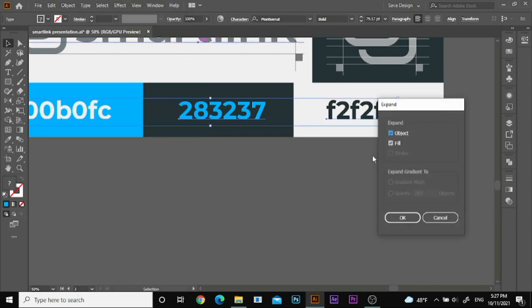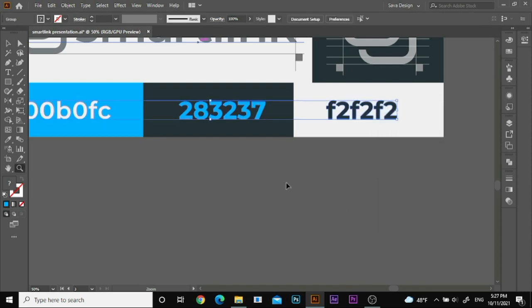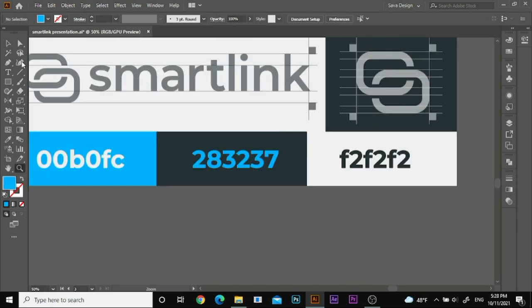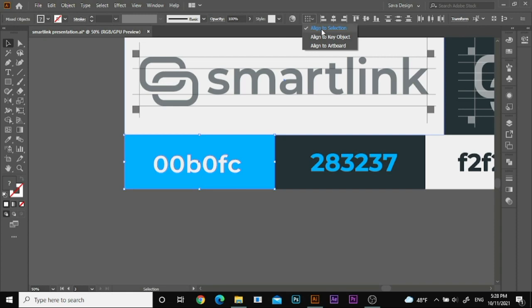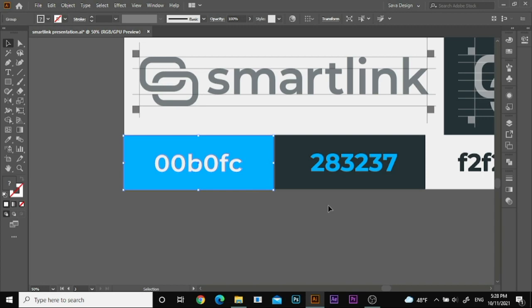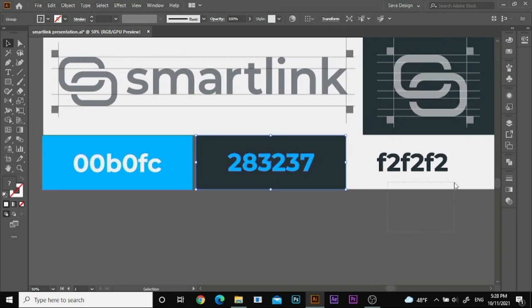Go to object, expand, OK, because we don't want to use the font on strokes. We want everything to be outlined. OK, and now go to align to selection and select these 2 objects, rectangle and the font color, and go to horizontal align center and vertical align center, and group it. Same for this, and group it, and same for this,